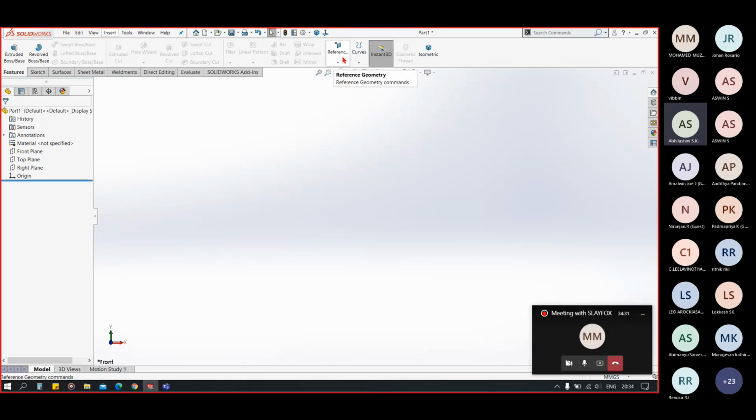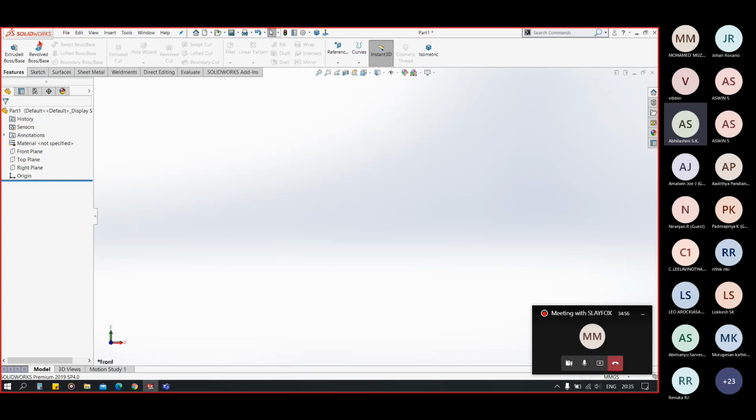Next to that, we have our reference geometry in which we can add a plane, axis, or coordinate system for our reference sketch. In the curves, we have different types of curves like composite curves, curve through XYZ points, projected curve, helix and spiral, like that.